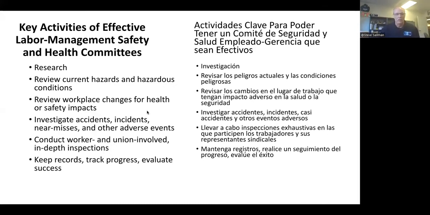And then I'll close out by saying the goal is a safer workplace. But ultimately, there's a second goal, an equal goal, and that is to build worker power, build the union around health and safety, and get members involved. That too is part of the goal of not just having a safe workplace, but a strong union.